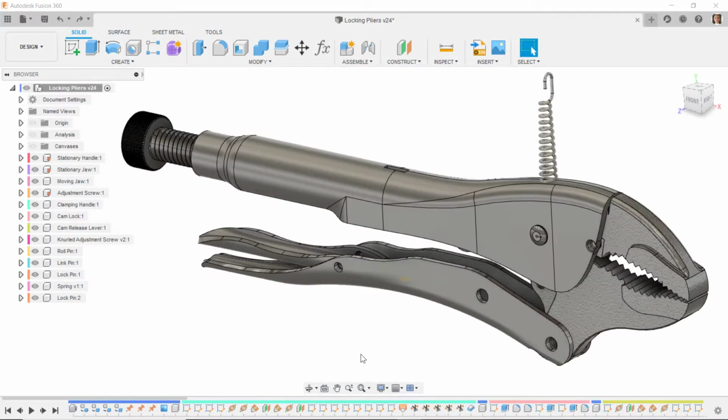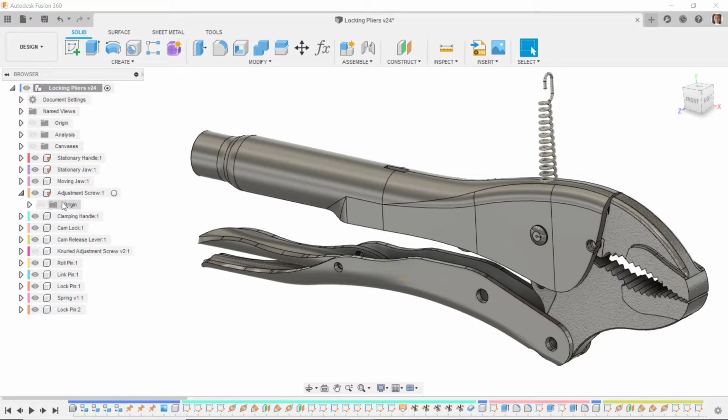So I've completed my components, and now I would like to go back and straighten up some issues in the timeline. If you remember, I had two different screws in here. You may only have the one adjustment screw, but I'm going to turn off the visibility of the second screw that I put in here that had the knurled end on it. And so I had this screw that I put in earlier, and I used that to do a combined cut